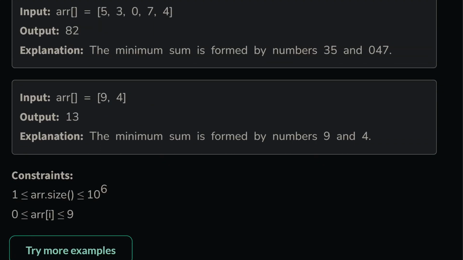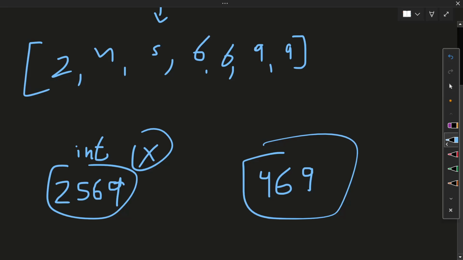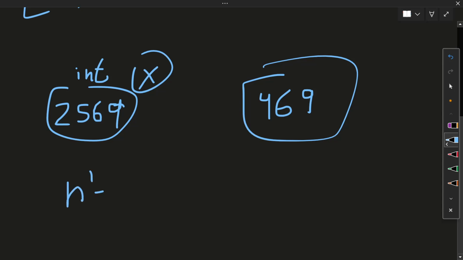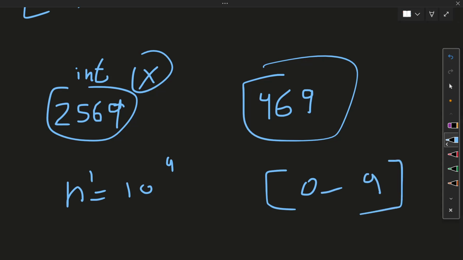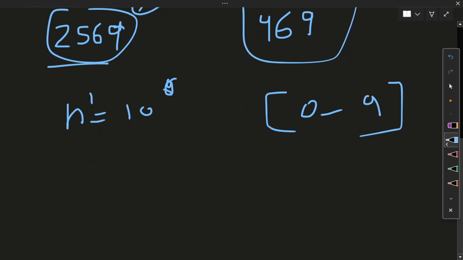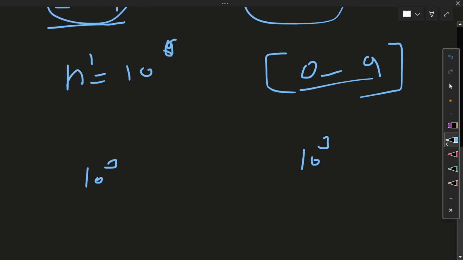If you look at the constraint, the size is 10 raised to power 9, and the numbers are in the range of 0 to 9. Actually, the range is 10 raised to power 6. So the first number's length will be around 10 raised to power 3, and the second number's length will be 10 raised to power 3 as well, and each digit is from 0 to 9.